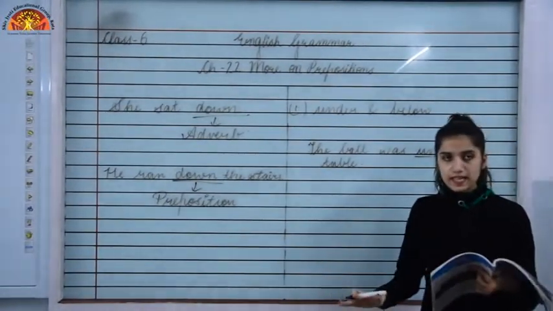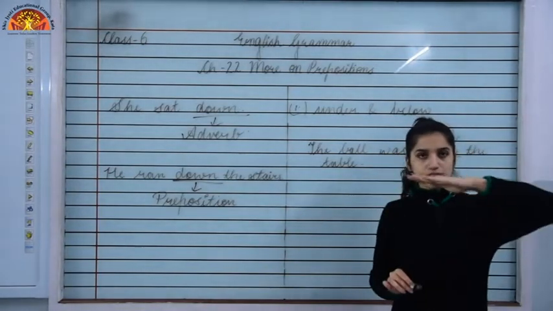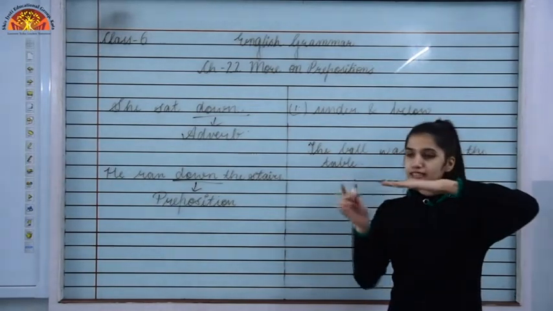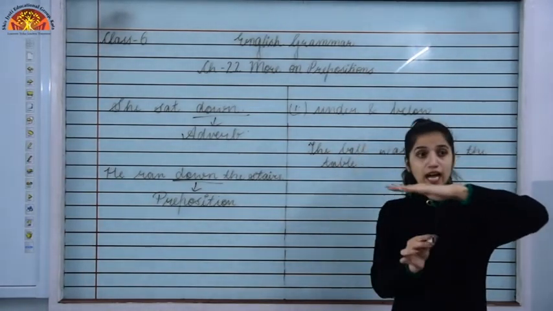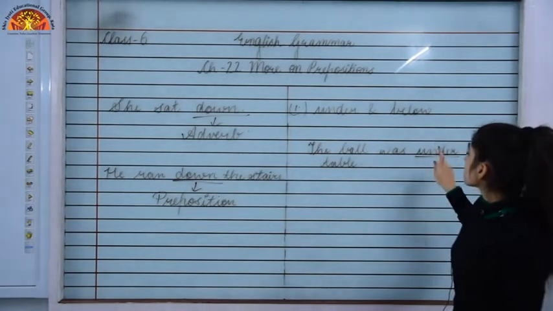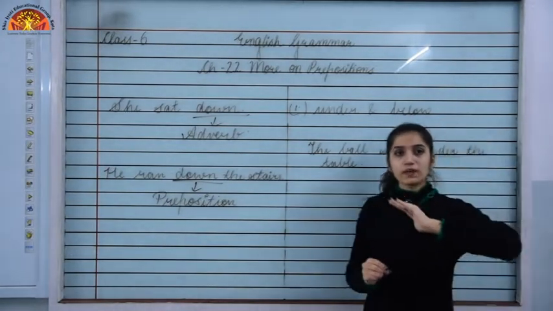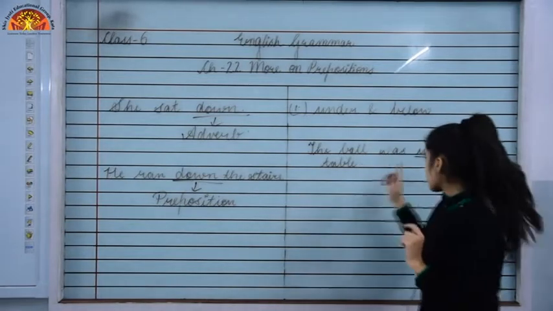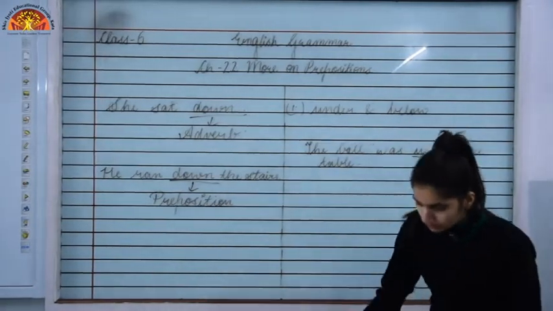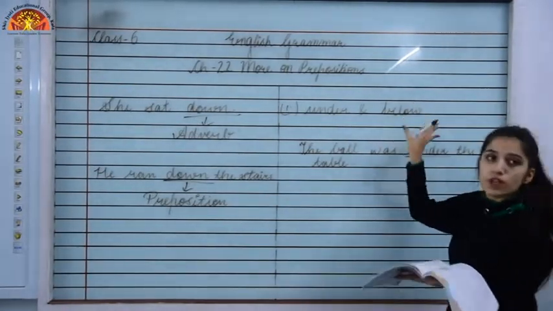Consider this as a table and this as a ball. The ball is under the table, so that is why it is covering it. It is being covered by something else, so that is why we have used under over here. Now let's see about what below is used for.